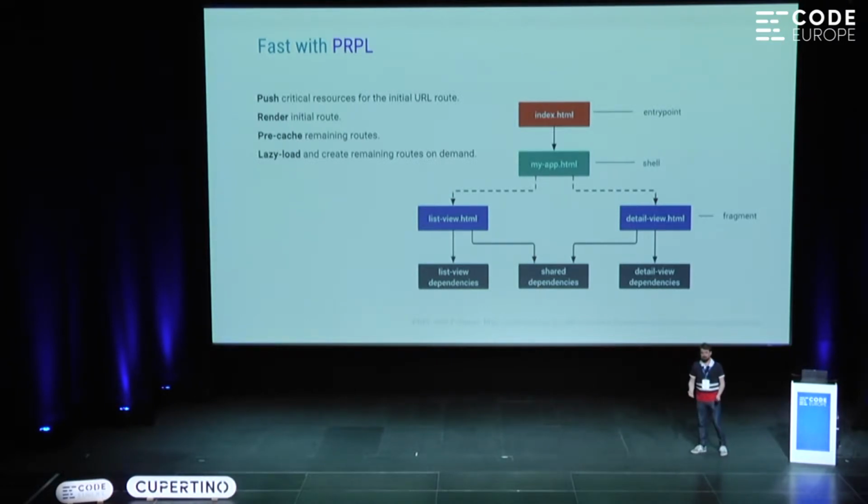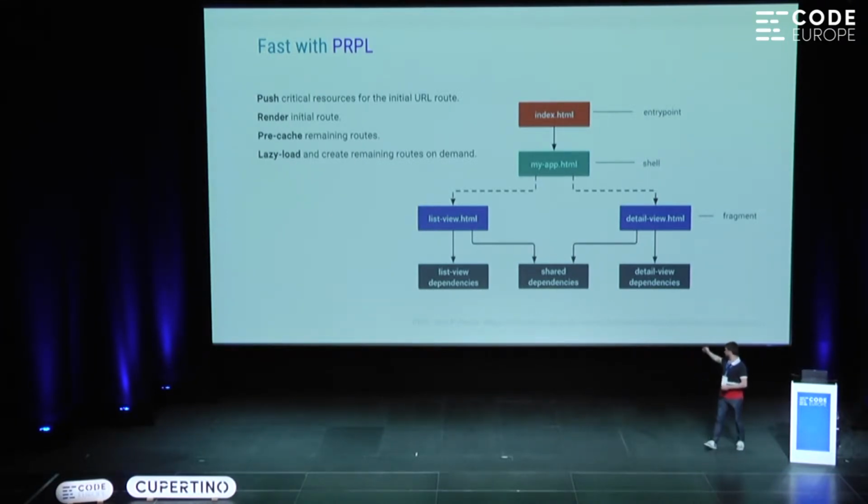So the idea here is that you just take your critical resources, the things that you'll see on your screen immediately. Nothing else, remove the images and whatnot. Just show that critical content, and you push that to the user immediately. Then you render it. Then in the background, you look at what else is going on in the app. Maybe I have a tab bar, so if users click there, I need to show something else. So I can download these things slowly in the background, while the user already has something to look at. And then I'll just lazy load it and show it.